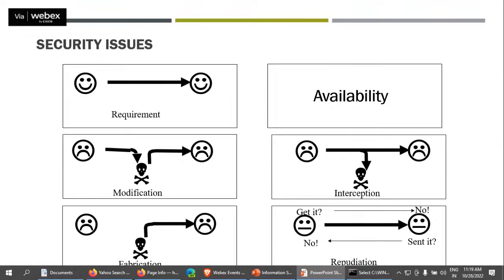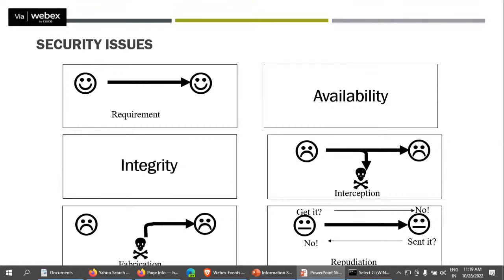So there are a number of requests to the server. Whenever lots of requests are sent to the server, the server can be choked because it cannot handle lots of requests at a single time. So this is called the availability factor. There are three factors of information security: confidentiality, integrity, and availability. Availability is one of them.